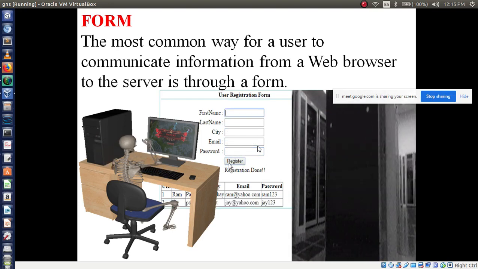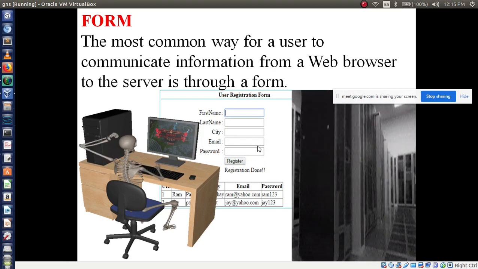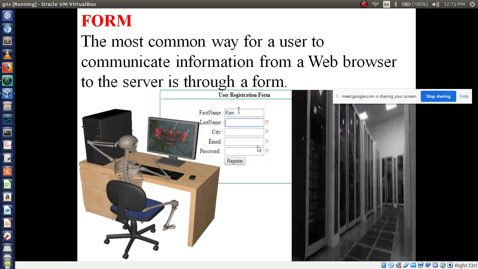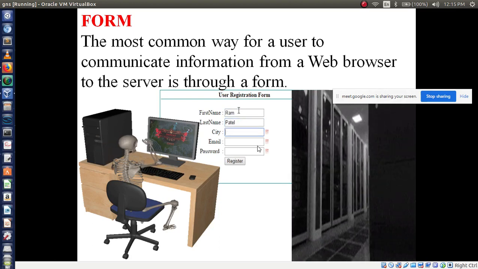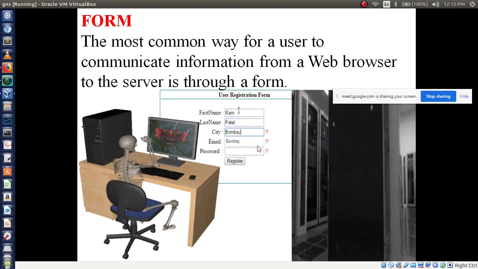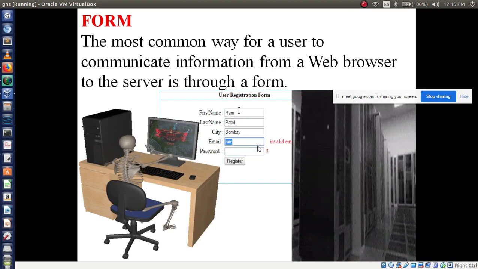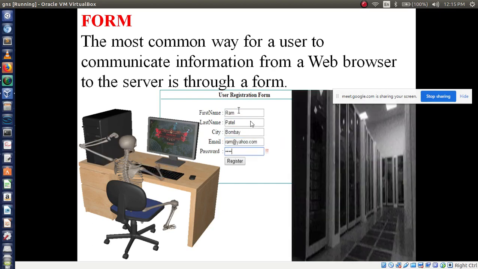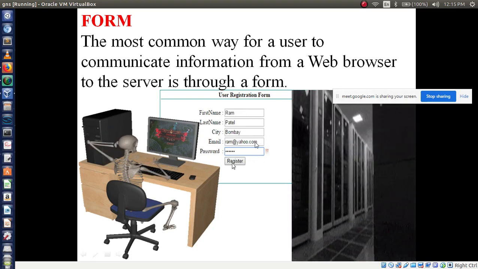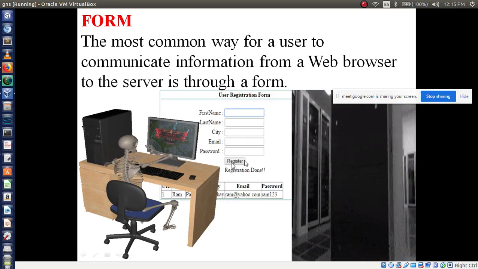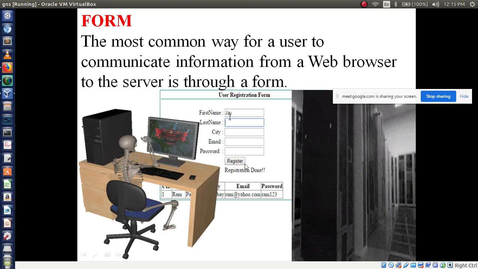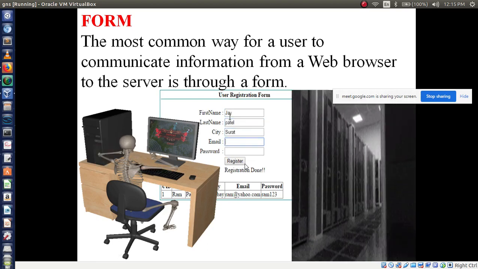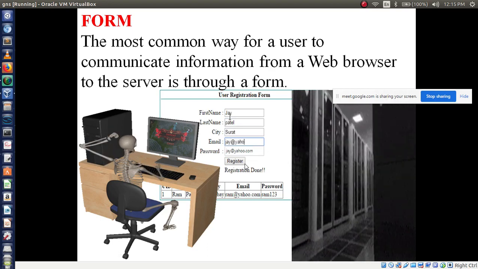So the most common way for a user to communicate information from the web browser to the web server is through the form. First name, last name, city, email, password, then I am clicking the submit button here. So this is one way a form is used to communicate with the server. Understood this concept?